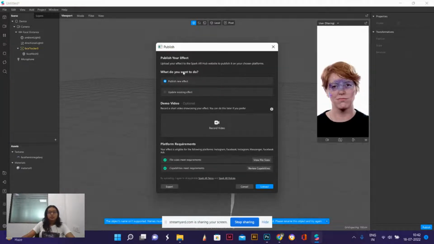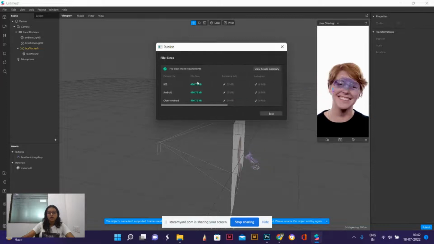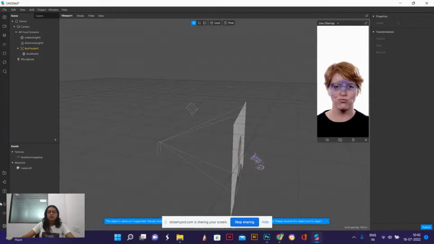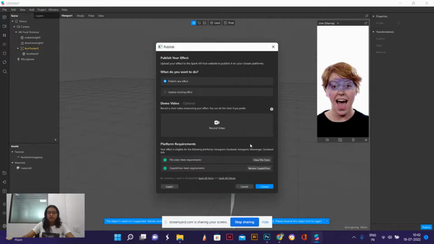and you will get options for what you want to do. Do you want to publish a new effect, update an existing effect? And it will show you what your file sizes are, and it's always very important to check your file sizes. So Spark AR has a rule that you cannot publish anything that is more than 4 MB. So whatever effect you're making, be it face tracking, world layer, body tracking, it should be less than 4 MB. So here it says that my file sizes meet requirements because this is a very basic filter, and so it's of a very small size, so it's fine. So I'm just going to click on upload,